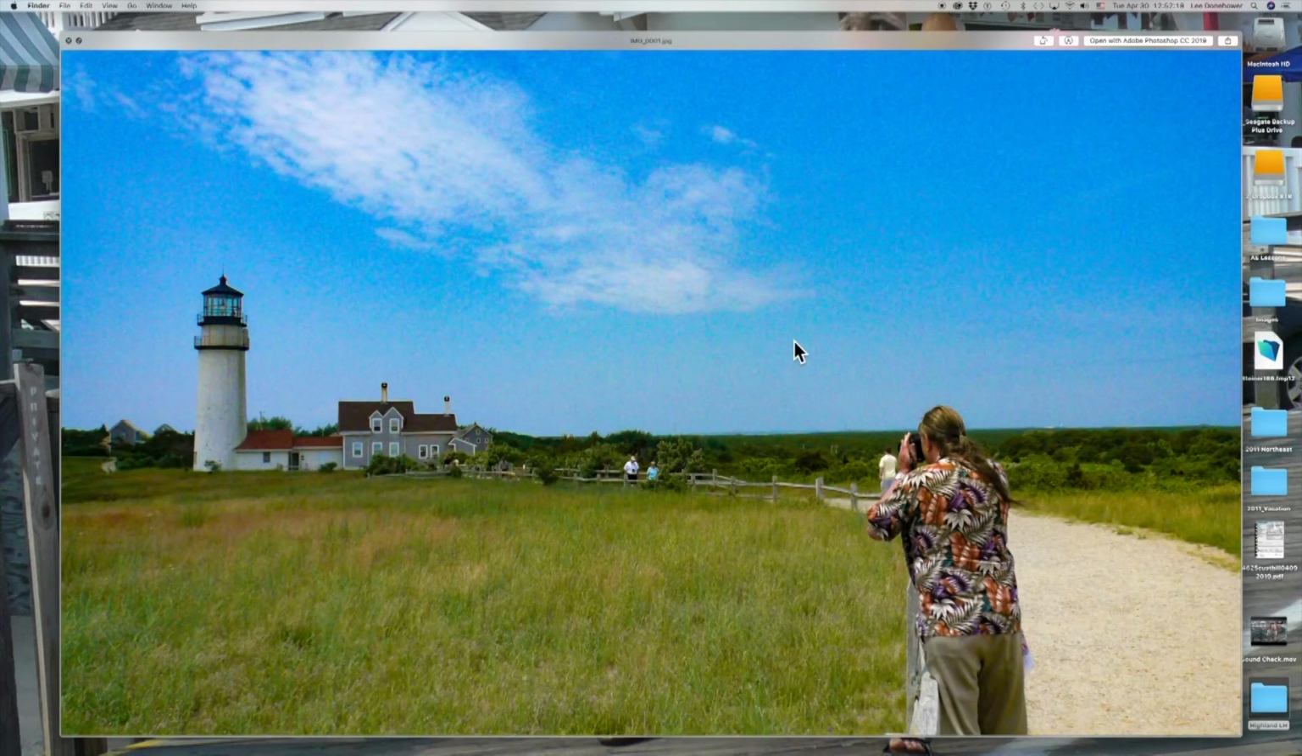All right. So here I am, and Pat took this picture of me taking a picture of Highland Lighthouse. Now you'll notice I do not have a tripod. You don't need a tripod for this. A tripod is preferable because it keeps your shot steady and it keeps your object in the frame constantly without moving around. But if you're kind of careful, you can handhold a camera and